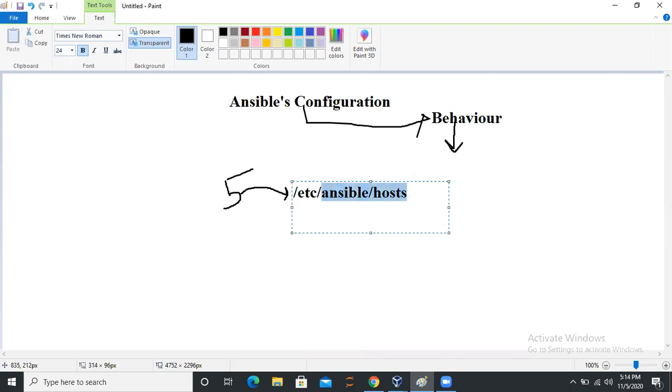file. But let's say for an instance, you don't want to use this particular file. You need to use your own custom file. For example, you have made one particular folder, let's say doggy/cat/hosts, and you need to use this particular location, not this location. So what you can do is just edit this location in that particular configuration file, and in that place just use this particular location. This is just for an instance.